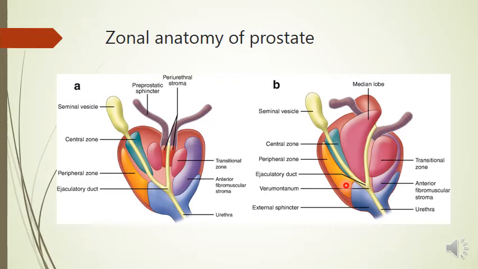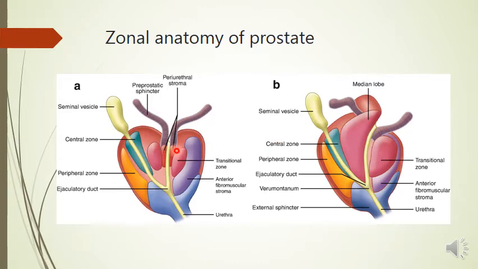And the central zone is there. This central zone will have around 25% of the glandular tissue, and another zone is called the transition zone. The transition zone is this zone, which has 5% of the glandular tissue. So this zonal anatomy is according to the percentage of the glandular tissue, the secretory tissue of the prostate. So non-glandular fibromuscular stroma fills up the space between the peripheral zone in front of the pre-prostatic urethra,